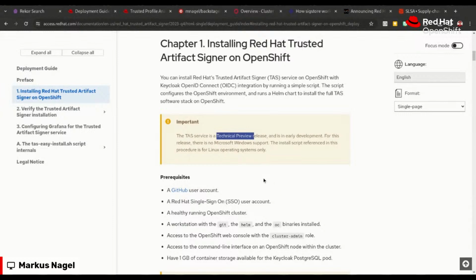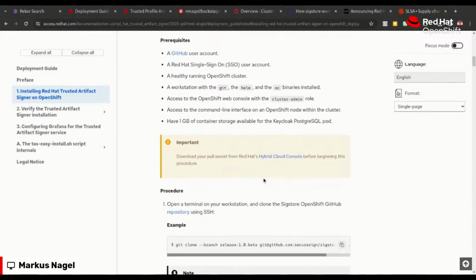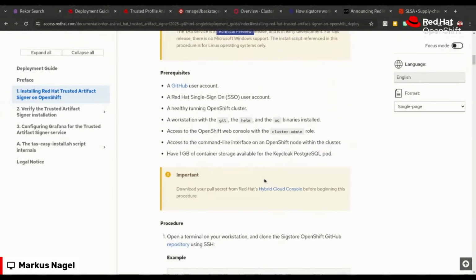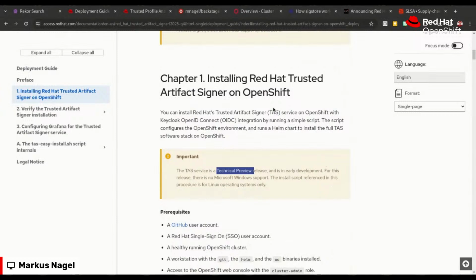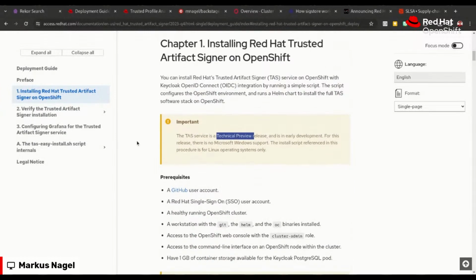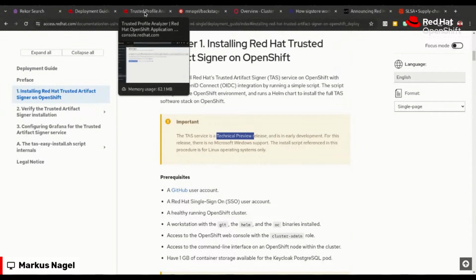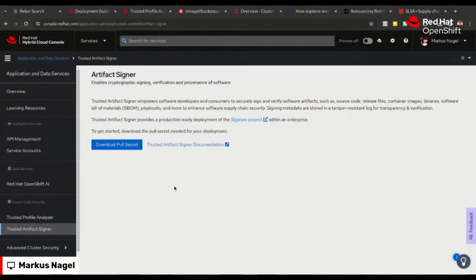So what I'm planning to do is just quickly follow this guide here. As I said, I don't want to waste anyone's time. The important thing is before you start, grab your pull secret, because we're pulling images from a Red Hat registry.